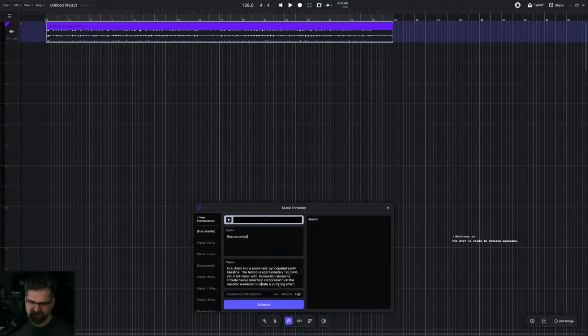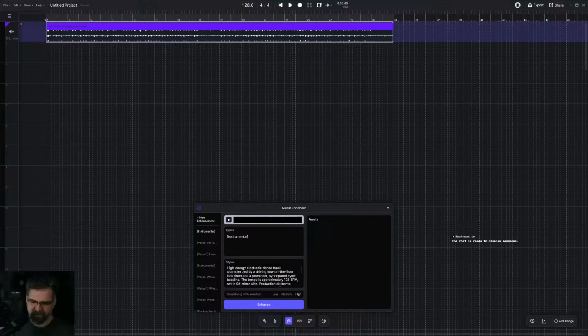Heavy side chain compression, melodic elements, great bumping effect against the kick, crisp hi-hat patterns, that sounds good. Occasional riser effects. I don't really want occasional riser effects. Wide stereo image for the atmospheric pads and centered punchy low end. The structure follows standard build drop format, focusing on rhythmic intensity. Okay, yes, great. But I want to know what if it was a